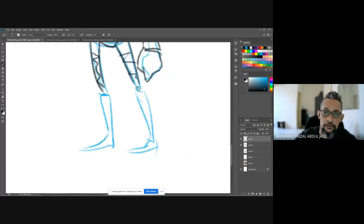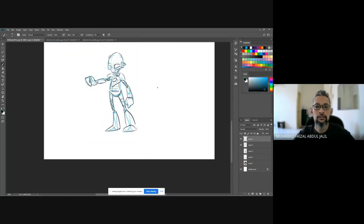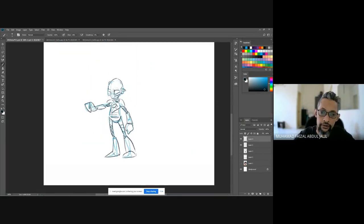So the legs itself, maybe I'm going to draw a bit bigger, the size of the legs. So these are the earlier developments of the characters before we can finalize them. The most important thing right now is planning. After that, you can move into another stage to refine your design, to find some of the elements on the